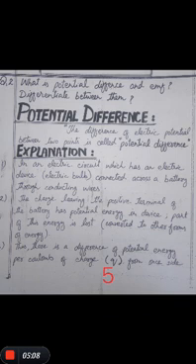In an electric circuit which has an electric device, for example, if we take an electric bulb connected across a battery through a conducting wire, then the charge leaving the positive terminal of the battery has potential energy in the device. Part of this energy is lost, converted into other forms of energy, meaning in lighting of the bulb, in heating of the bulb, meaning some power will be wasted.